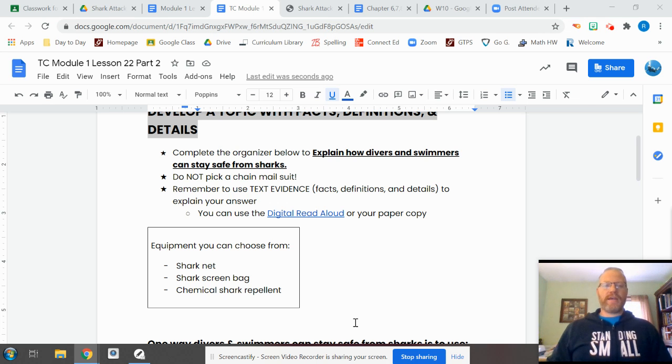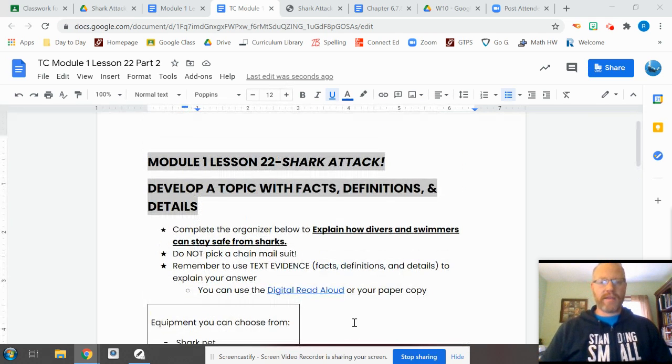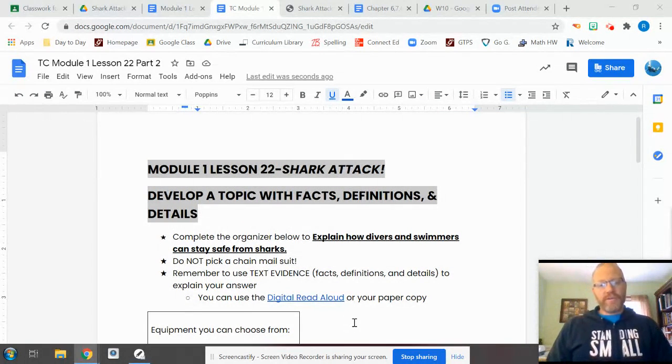So today in ELA, we are going to be writing a paragraph using the index of our book. So the idea of today is to utilize the index to find information in our books. With this chapter book, Shark Attack, we're going to be going back into some of the pages to find information about specific equipment that divers and swimmers use to protect themselves and keep them safe